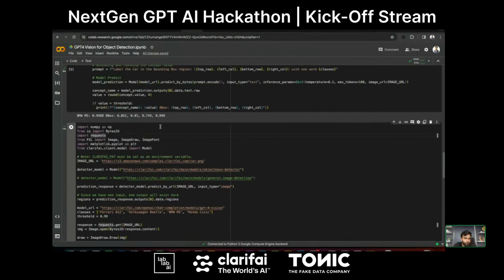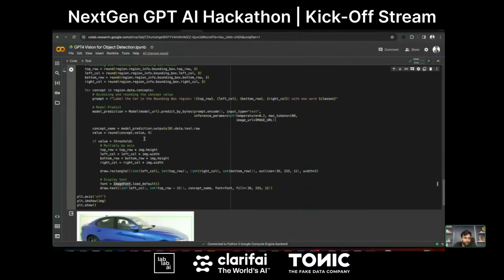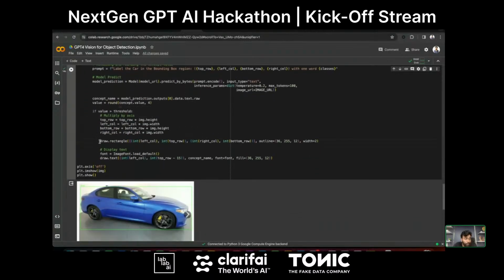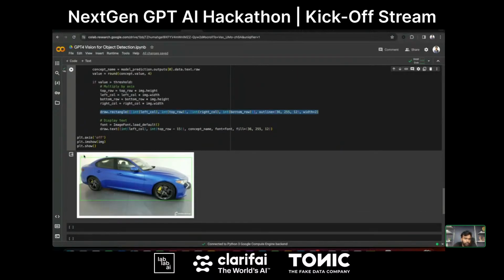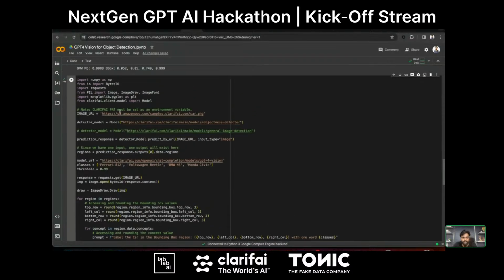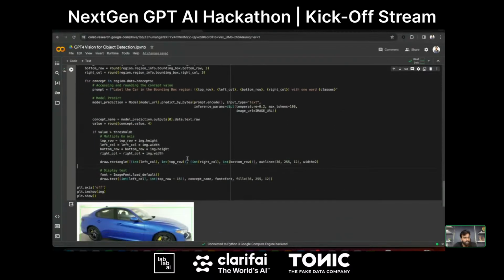You can see I imported ImageDraw and ImageFont, some of the modules from the pillow library. And at the bottom you can see I am drawing the rectangle on top of the image using those coordinates. So that's what you can see here in the green. And also I'm using the draw.text method from the pillow library in order to add the label that we got from the GPT-4 vision model on top of the image, right? So that's what I'm doing in the code. It's pretty simple. I just imported the pillow library and other libraries to do it and display the response.